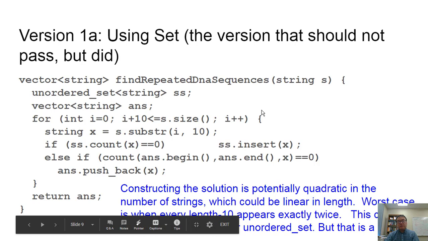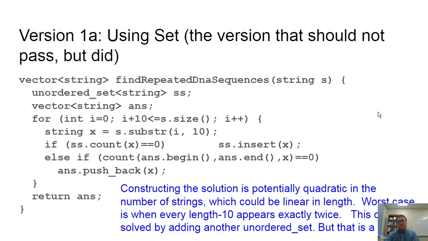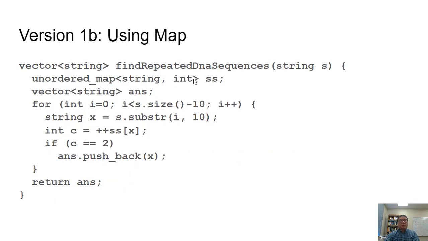But I feel that it's a little bit ugly, so I think there's a slightly better solution. The difference is not big, but it's a slightly better solution. And I want you to think about it before we move on. So here's a solution